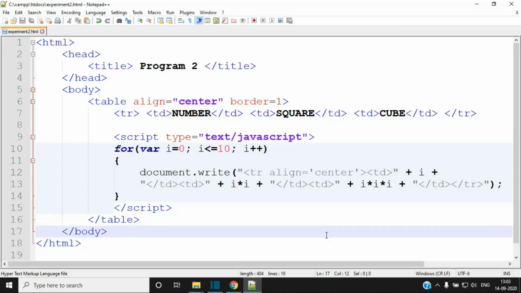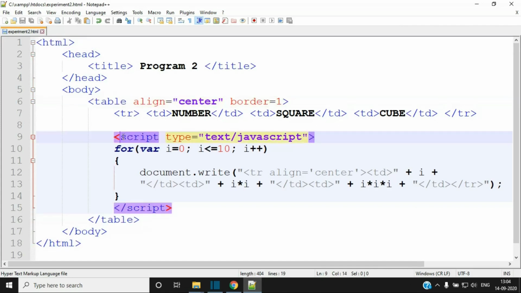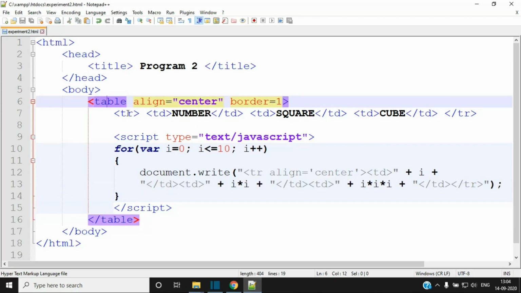This is the entire program as the solution to experiment number 2. Here we have designed HTML code to display a table using the table tag, and we have taken help of JavaScript to repeat rows of the table so that we can find squares and cubes of every number from 0 to 10. You can see within the table tag the first row I have created, where I have taken every data as td.